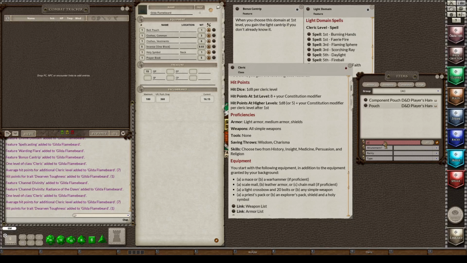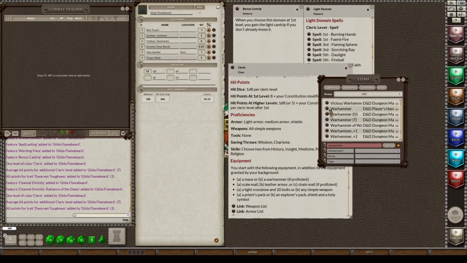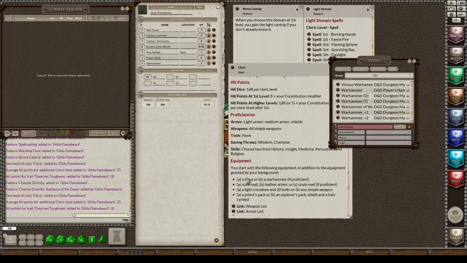So let's type warhammer here. And I'm going to drag that over. It says that I get scale mail or leather armor or chain mail. Now, because my strength is not high enough to wear the scale mail, I'm going to have to wear leather.